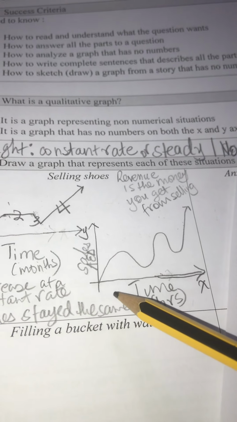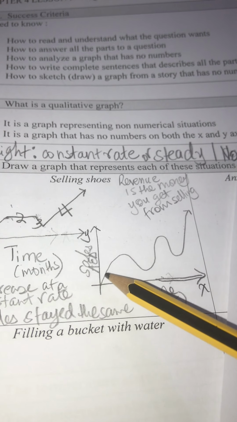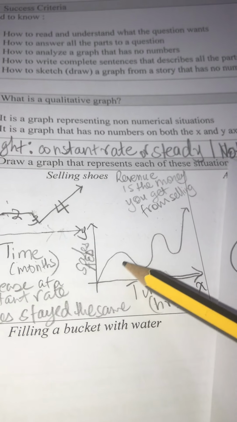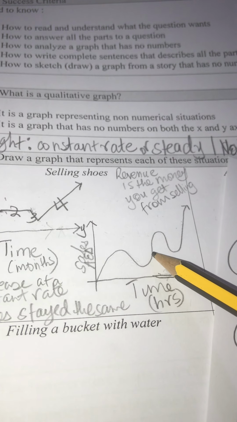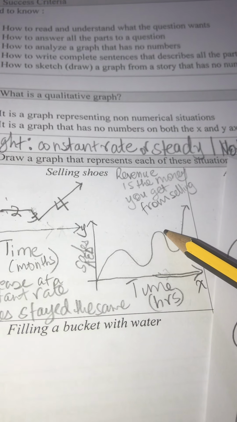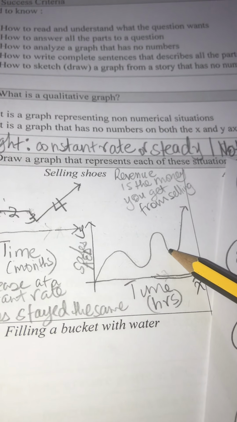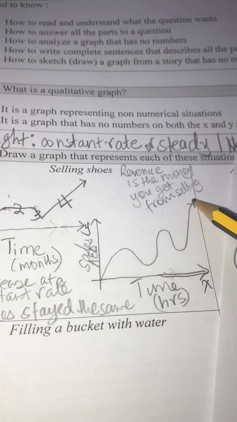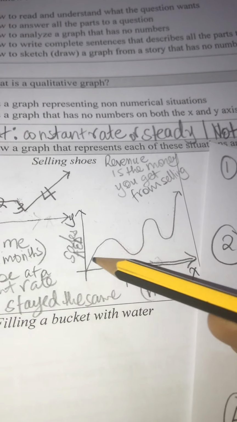Okay, so maybe in the morning people came and bought. Then maybe from, let's say, 12 to 2, no one came, like that. Then at 3 o'clock, the sales increased slowly. Then at 4 to 5, no one came. Then maybe at 7 to 10, there was a high amount of people who came to buy. So that's how I would explain my graph, okay? So then I would say,